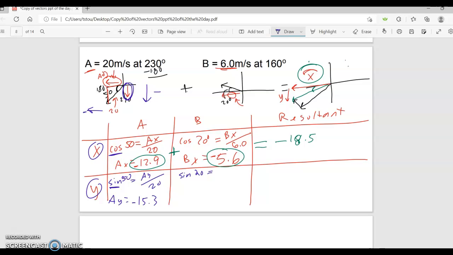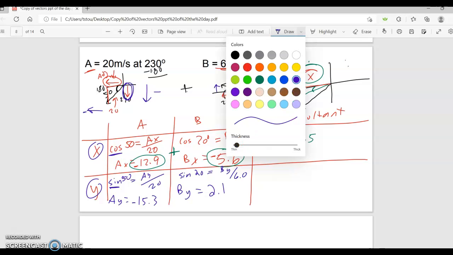So here we go. Sine of 20 is B sub y over 6. So B sub y equals 2.1. Then I use my head. Do I want a negative or positive 2.1? Well, it's going upward, so I want a positive 2.1. Which means